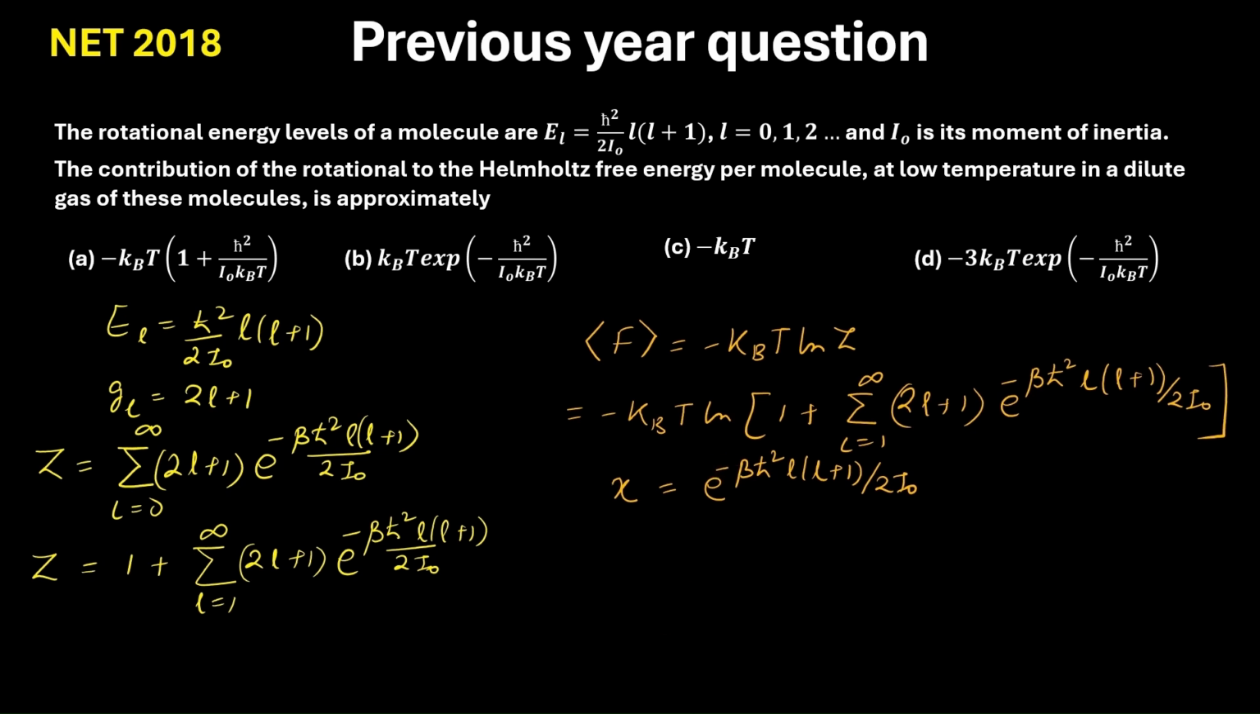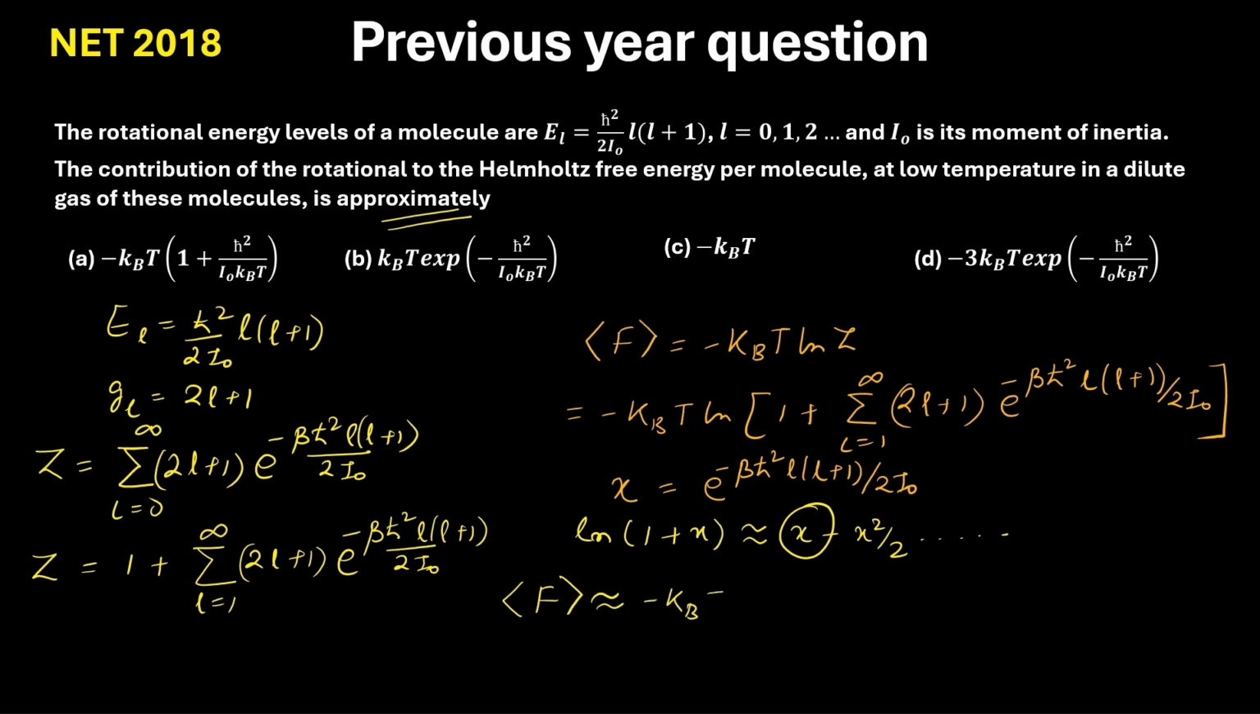So using that information, we can use the expansion of log 1 plus x. This is approximately, see in the question they have asked approximately, this one will be equal to x minus x square by 2 and so on. So we'll consider only the leading order term. So we can approximate the free energy as